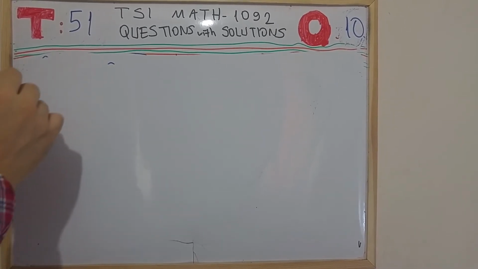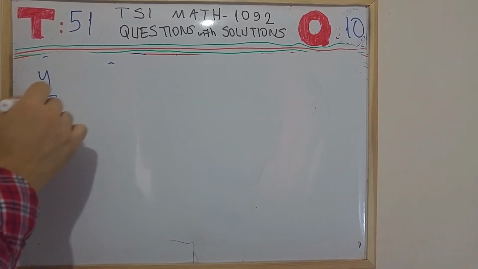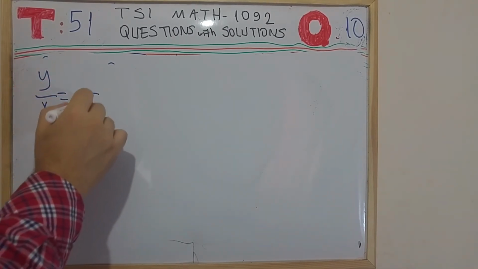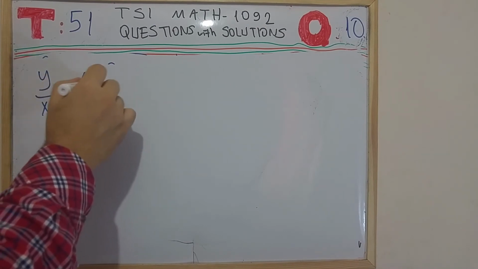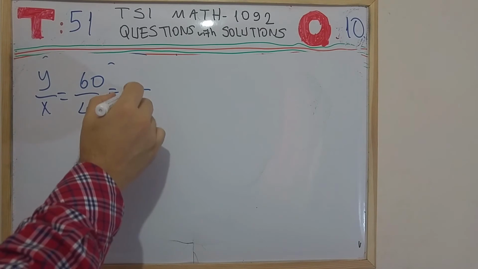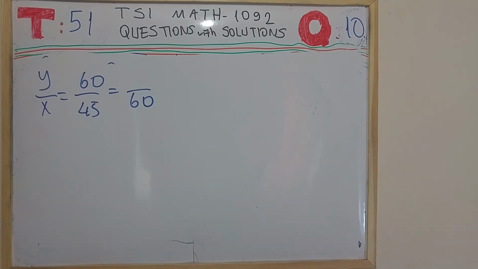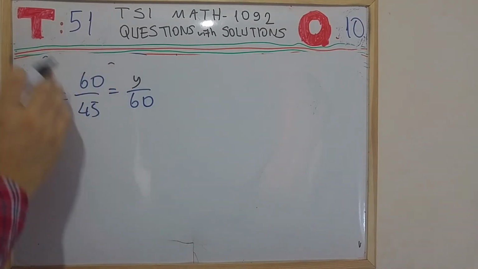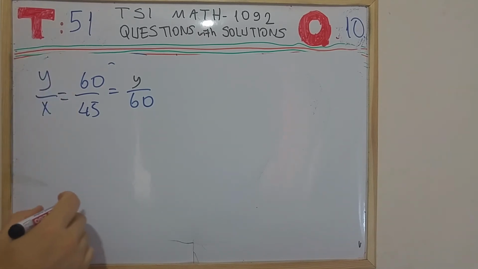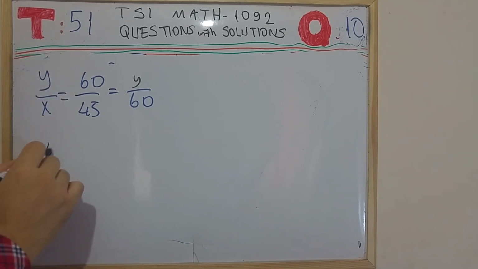Y and x are directly proportional, so there is a proportion between y and x, and when x is equal to 45, y is equal to 60. And they want me to find out the y value when x is equal to 30. Let's do it. So let's find this y value. 60 over 45 is equal to y over 60. So what we need to do is